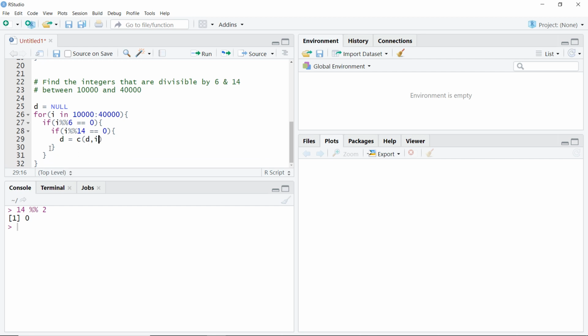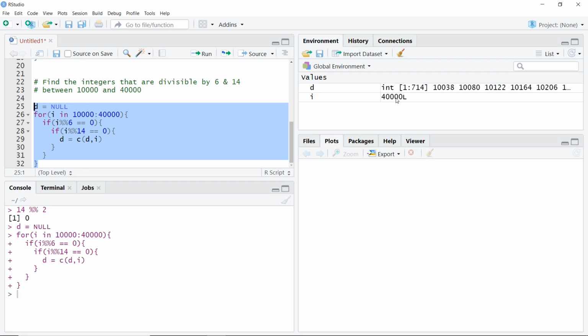Else do nothing. Okay, so we have for, and then we have an if statement, then we have another if statement, and then we have our value. So let's check. I will just press Ctrl Enter, and we are getting the values. We have 714 values that are divisible by 6 as well as 14 between 10,000 and 40,000.